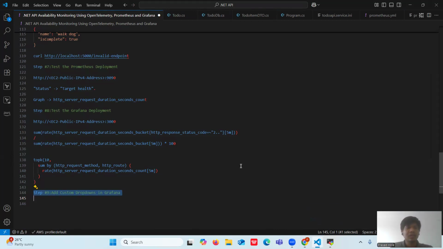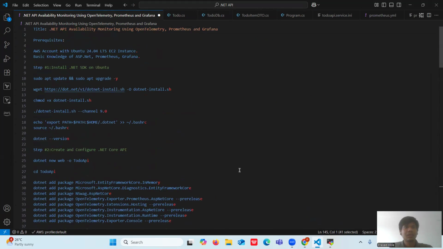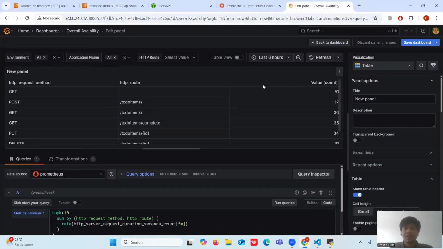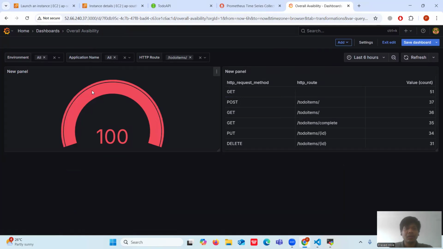So today we have seen about .NET API availability monitoring using OpenTelemetry, Prometheus, and Grafana. With these tools in place, you can gain full visibility into your .NET API's behavior and availability. And you can now monitor the live traffic, understand the endpoint usage, detect errors early, and ensure the